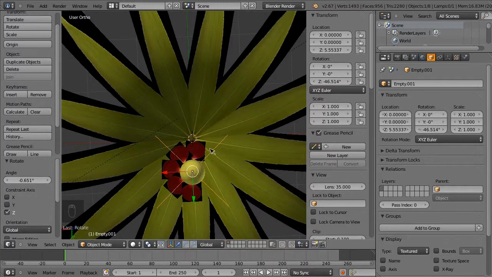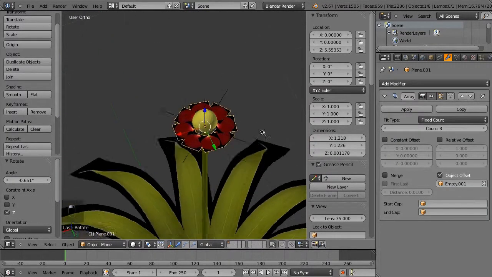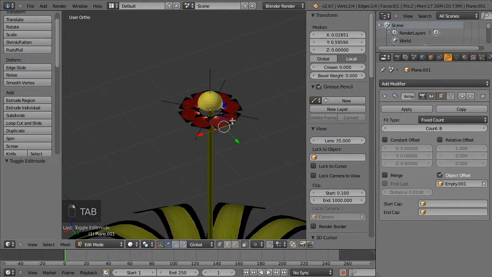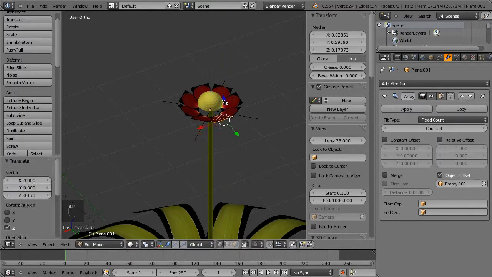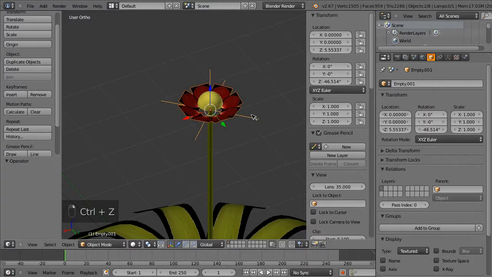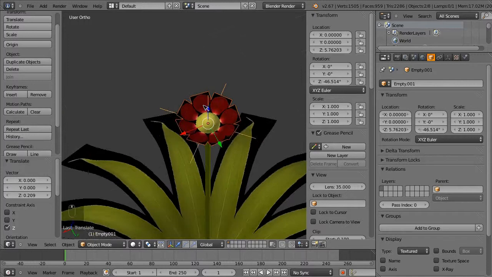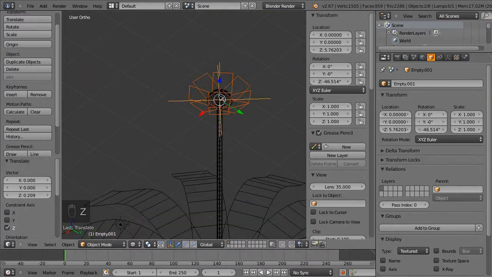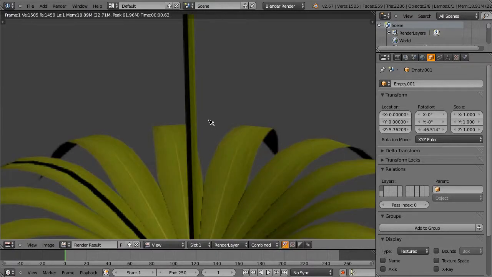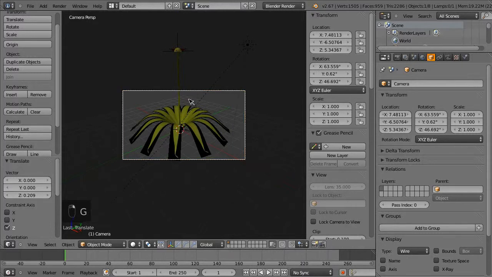Alright, now we're going to add some more petals. And it looks better than nothing. Alright, so I'm going to angle them up, kind of, and, oops, we're going to make it so this right here is even with that. So now, if we go view camera, and we bring it up here,